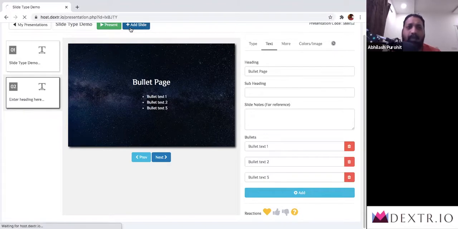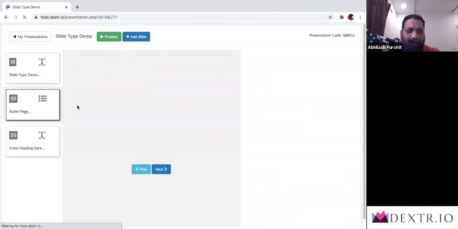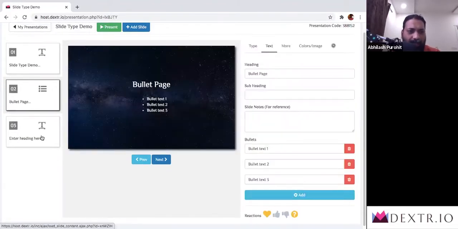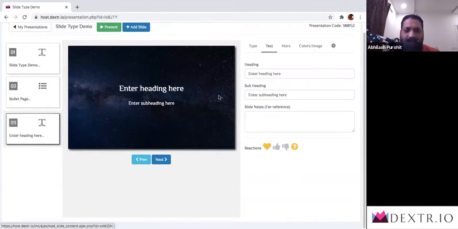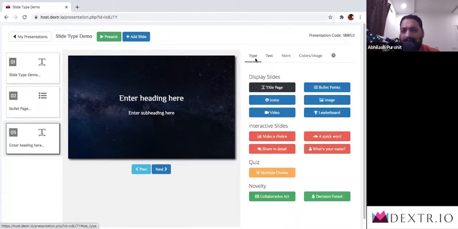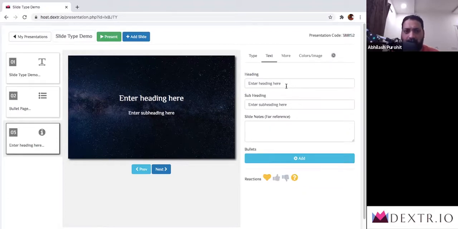Let me add one more slide type now. I'm going to go into the third type, select that once it's been added, go to the type tab, and title and bullet have been covered. I click on icons. Okay. As you can see, there is a display icon here as well. The T stands for title. This representation stands for bullets. This stands for I for icon. And you can get a quick idea of what this is from there as well.